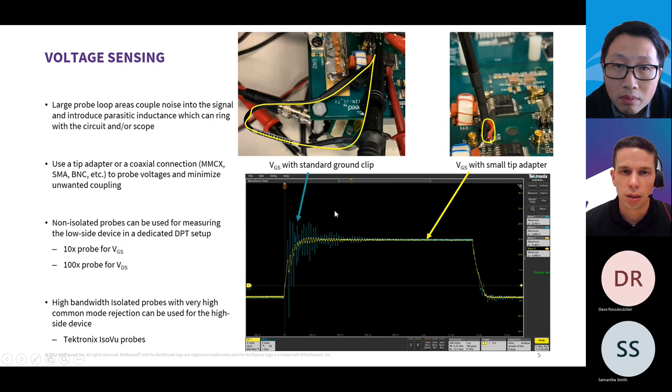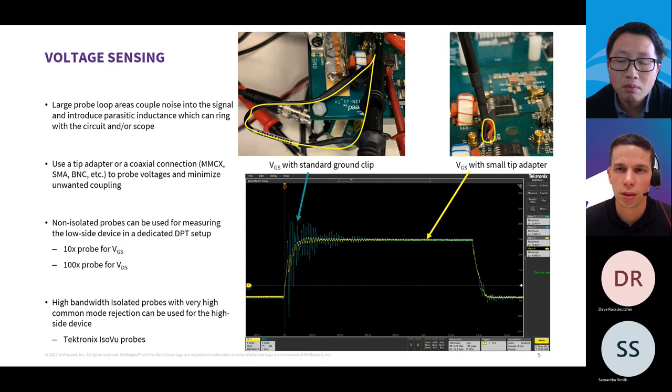But what's actually happening here is the probe itself is picking up noise, and it can ring with the circuit as well from the inductance in the probe and the capacitance in the probe. So what we recommend is using a probe tip adapter or some sort of a coaxial connector like an MMCX or SMA, BNC, any of those types of coaxial connectors to make that connection between the probe and the point that you're trying to read on the board. That's what you can see in the yellow waveform here. We went to a tip adapter that has a very small loop area between the tip and the ground lead,